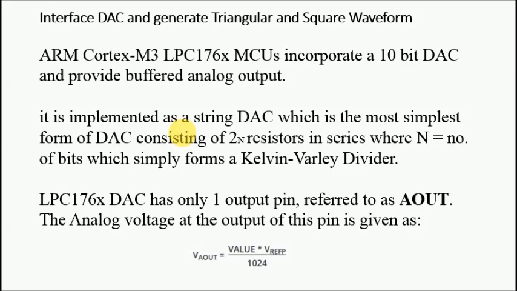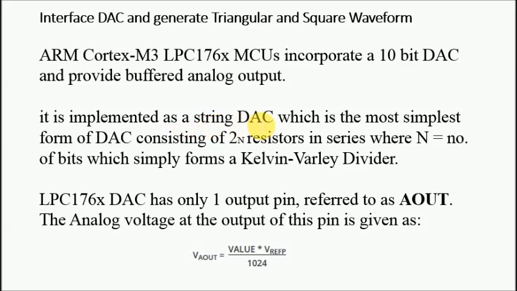Next is the interfacing with DAC. Now here we are going to generate the triangular and square wave. In case of the Cortex M3 LPC176x families, there are 10-bit DACs, and those are provided with the buffered analog output.